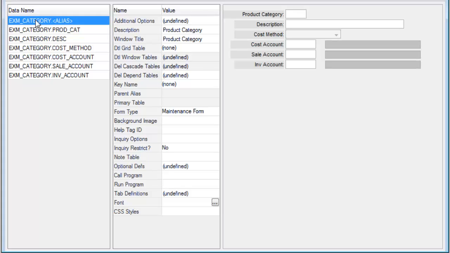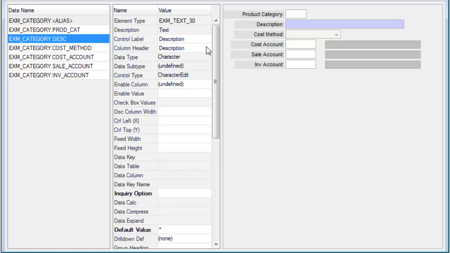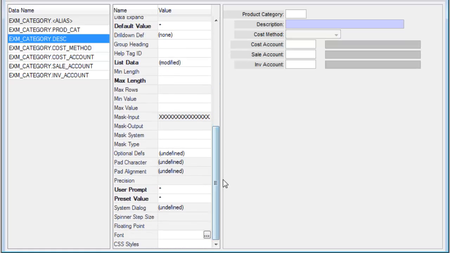The first entry we see on the left-hand side under the list of data names or column names is the alias entry. The alias entry represents the form level attributes. In the middle we have the list of the attributes for that level. And at the bottom we see the attribute CSS styles. Note the plurality of the name, because you can have a common comma separated list of style names. Similarly, at the column level or field level, at the bottom of the attribute list is also the CSS styles